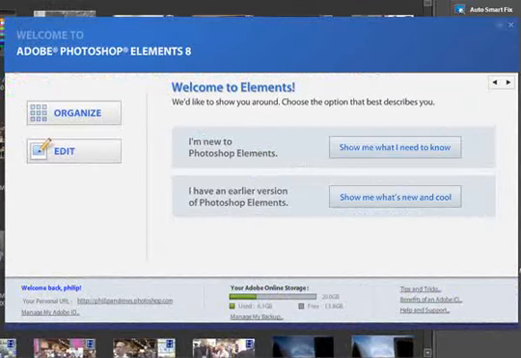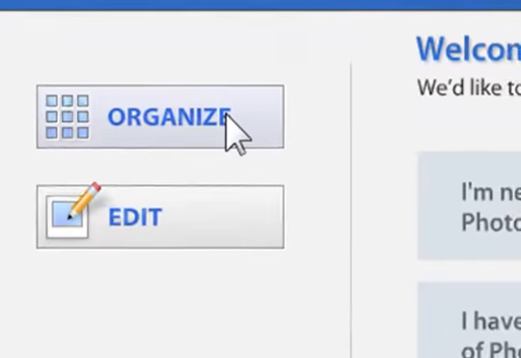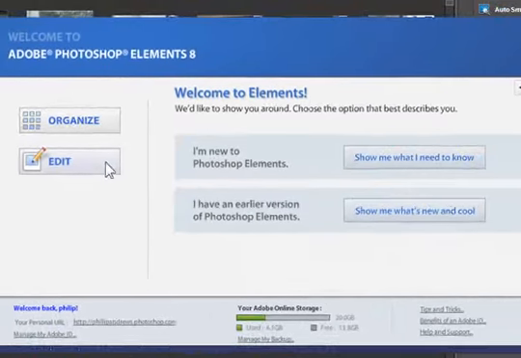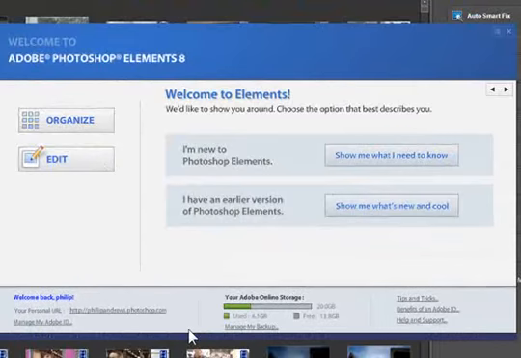When first starting Photoshop Elements 8, you'll see a welcome screen. Most of the time we just jump through to the Organize space by clicking the Organize button, or start to edit our images straight away by clicking the Edit button. But notice at the bottom of this welcome screen in the Photoshop Elements 8 version, we have a summary of